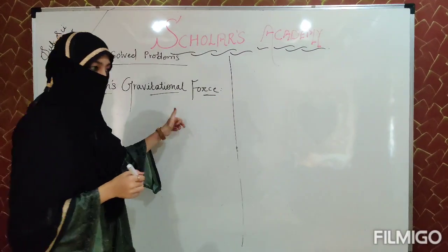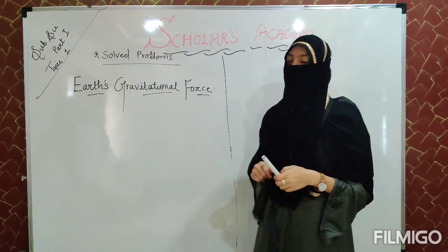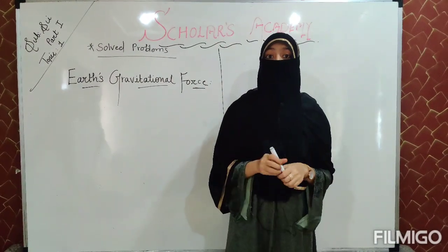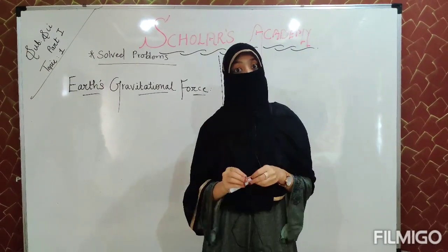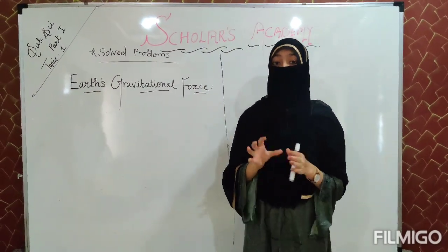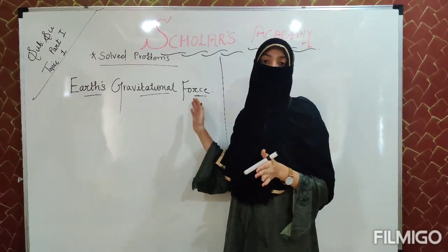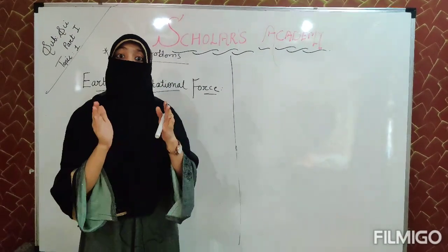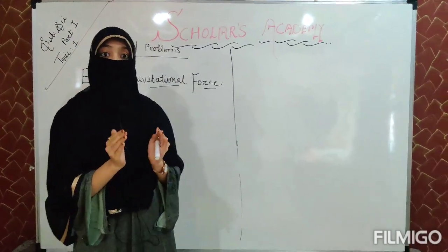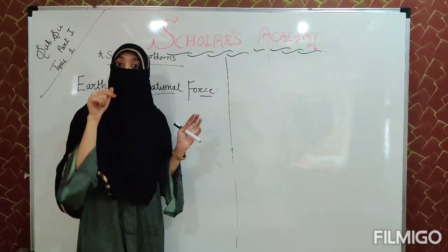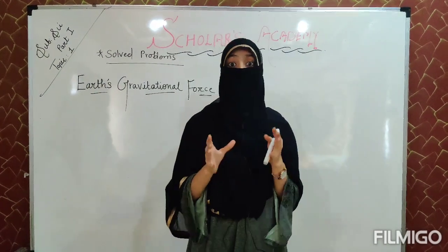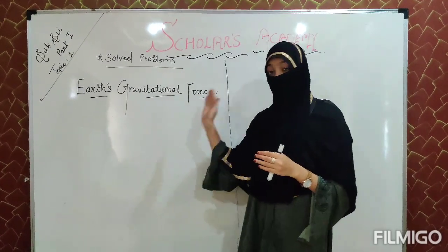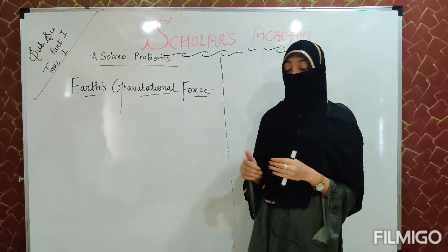Earth's gravitational force. So today our next point is this. We all know very well that each and every object on the Earth's surface is attracted by the Earth by a force called gravitational force. Now gravitational force is a force exerted by Earth on the objects of the Earth. The gravitational force is directed towards the center of the Earth. Why? Because the center of mass of our planet Earth is its center. So therefore gravitational force of the Earth is directed towards its center.